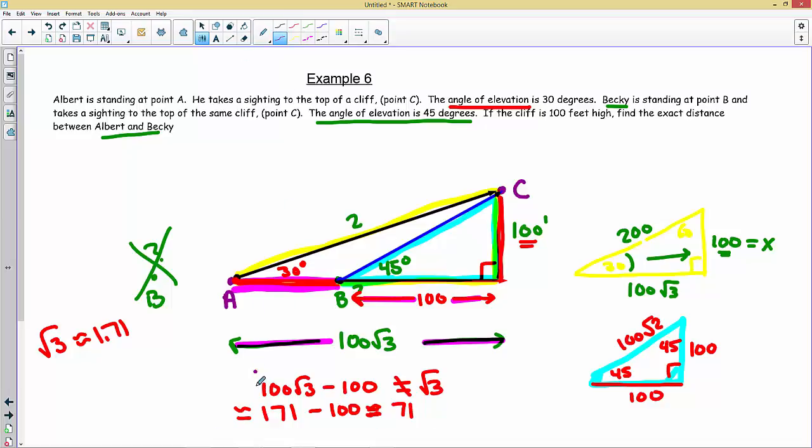We usually prefer radical answers, but sometimes in a word problem, the decimals might be better. Somebody may be trying to know how far it's going to take me to get there. So normally this is a good form because it's exact. But really, this is probably a better answer, and I didn't put it in the calculator. You can do that. And we didn't say what to round it to, right? So if we said round to the nearest foot, I think this is going to be pretty accurate, although I'm not 100% sure because that's all I've memorized. So put in your calculator, type 100 times radical 3, hit enter, press minus 100, hit enter, and round to the nearest foot,